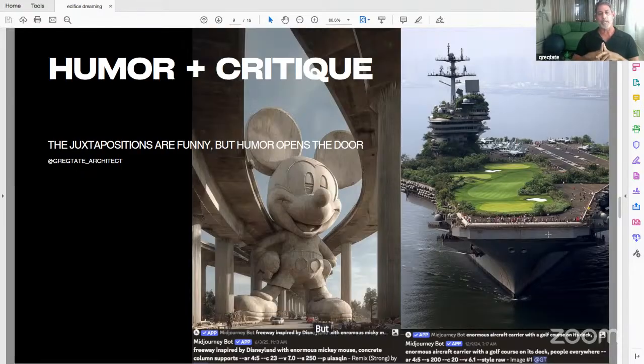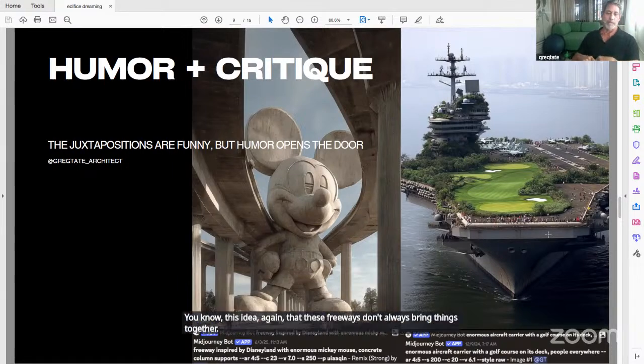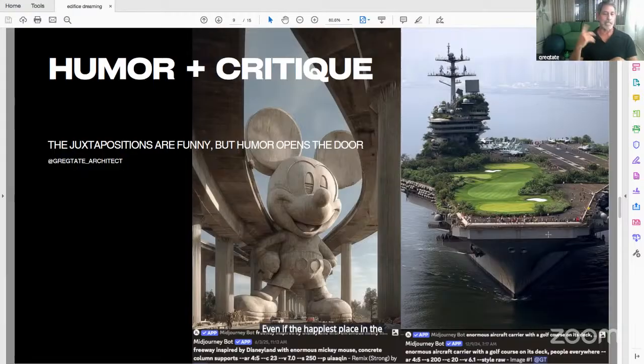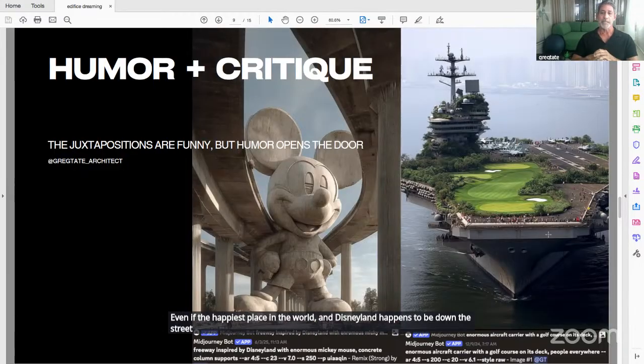But I feel like even though these juxtapositions are funny, I think that humor opens a door. And in this case, the idea of Mickey Mouse as a freeway support, this idea again that these freeways don't always bring things together, even at the happiest place in the world. And Disneyland happens to be down the street from me.